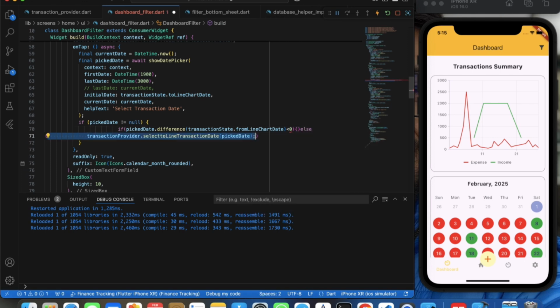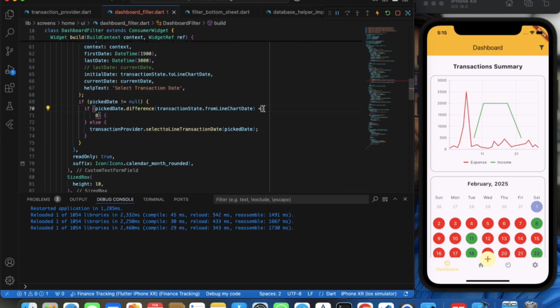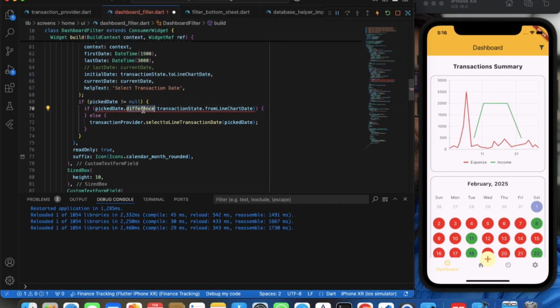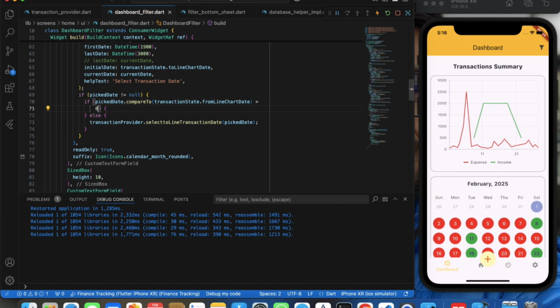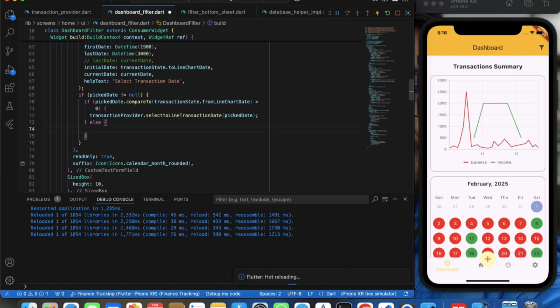Else, right? Difference compare to, okay, less than or equal to 0, less than 0, okay, we are just greater than 0, I mean. So we have a greater than 0. If greater than 0, then this is fine, else we'll show some toast message here, flutter toast,